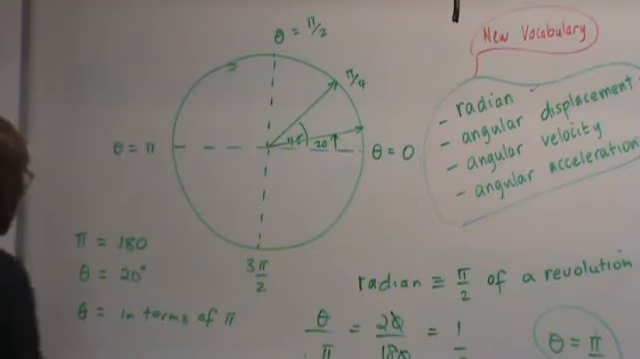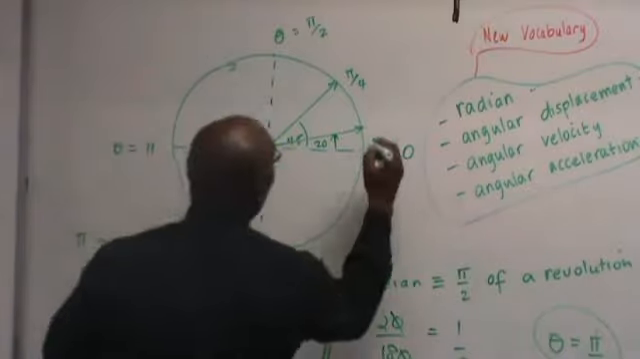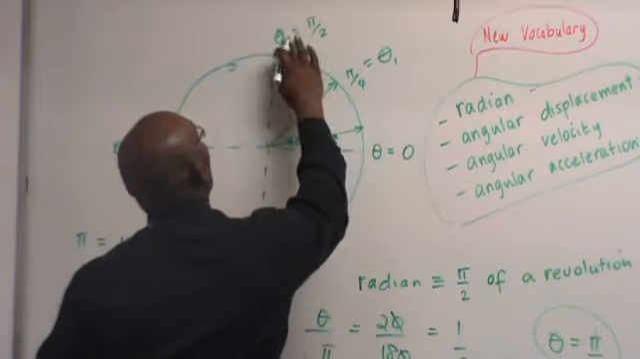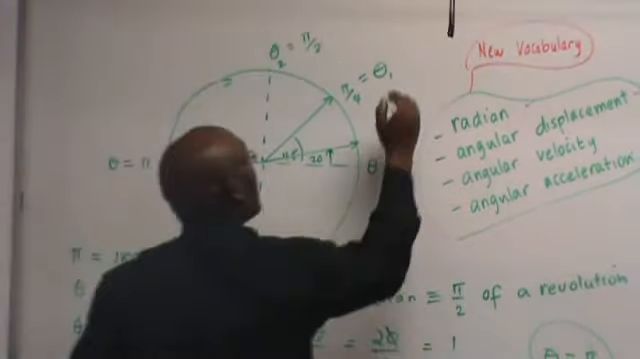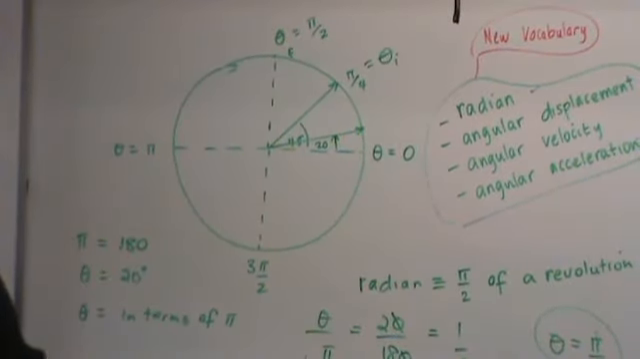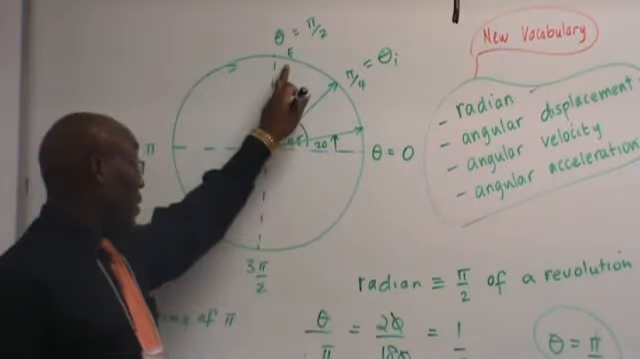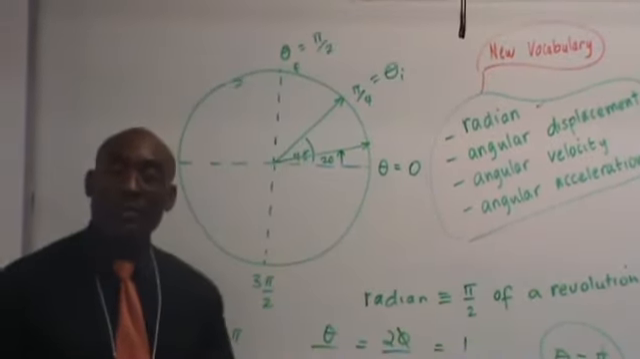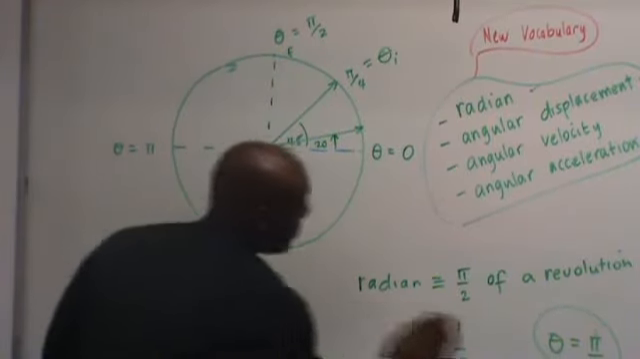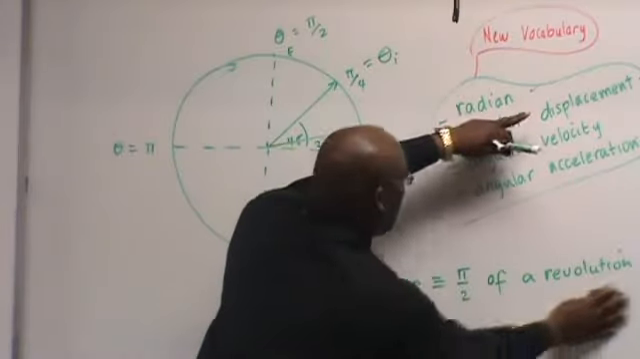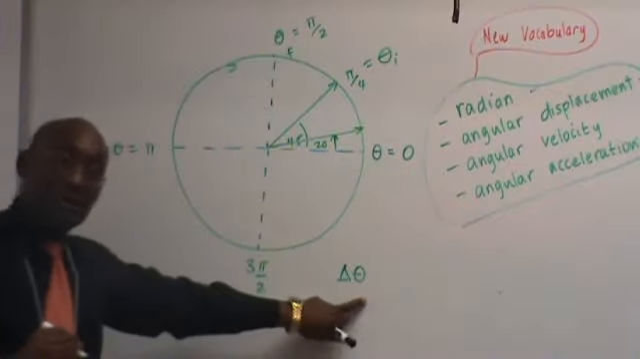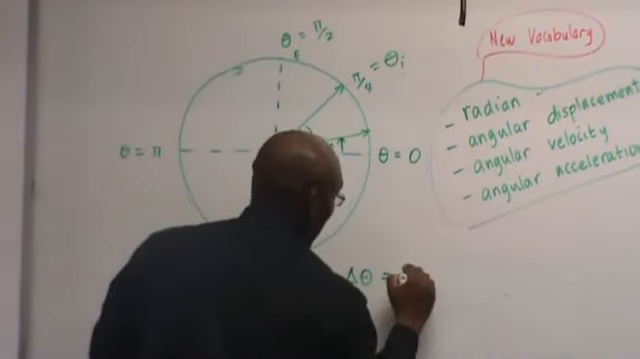So, right here, let's call this theta 1, and this theta 2. Or let's call this my initial position and my final angular position. My initial position is pi over 4. My final angular position is pi over 2. What's my displacement? The way you define angular displacement this time, that's what we're talking about. Angular displacement, which is delta theta, is equal to theta final minus